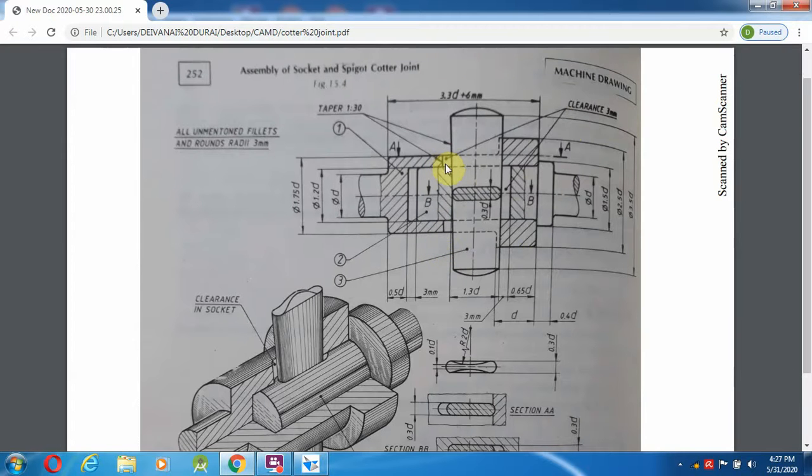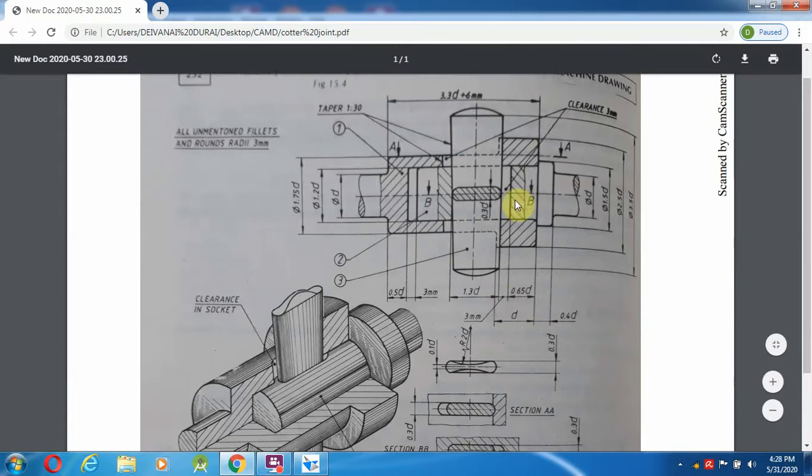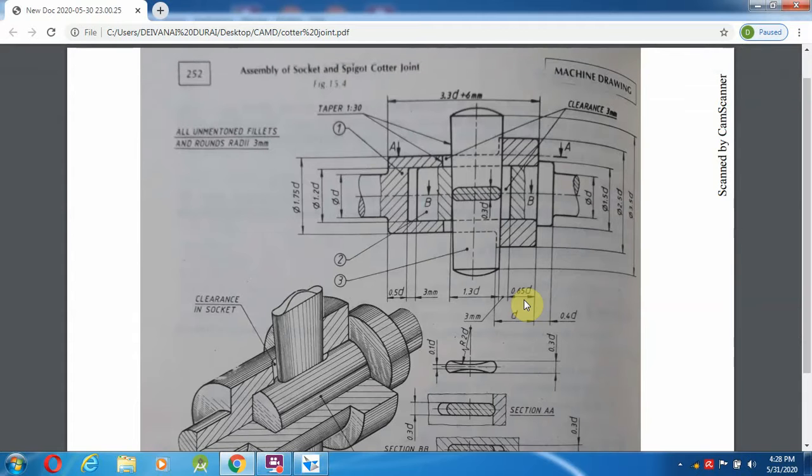For that I am going to take 1.3d plus 3, and again from here the clearance they mentioned is 3 mm. So 3 plus 1.3d, which is 26 mm, gives 32 mm, as well as the other thing, 0.65d. 32 plus 0.65d, which is 13 mm.